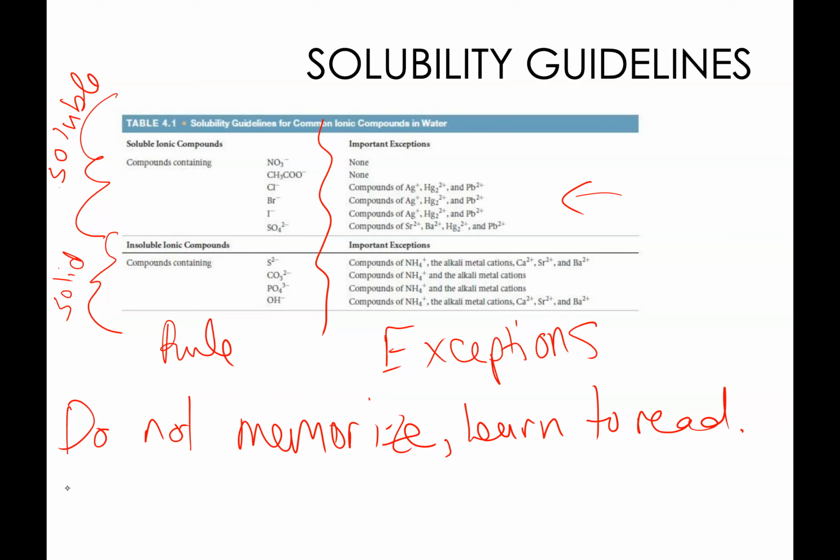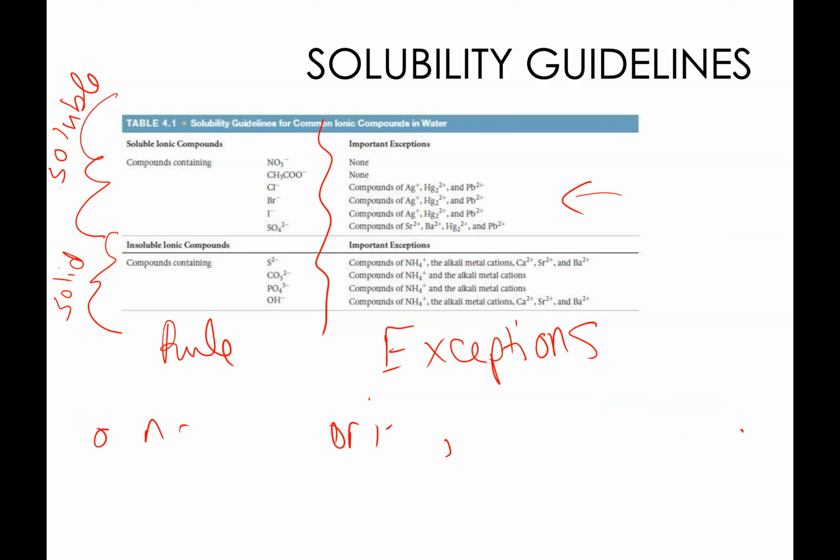Okay, so let's practice. I'm going to write out what I gave you for your daily Q today so that we can go through that. And we're going to use this table to predict whether it's soluble or insoluble. All right, so compound number 1